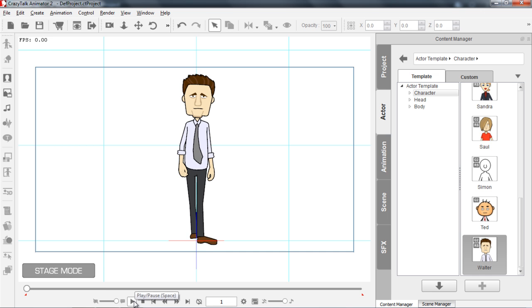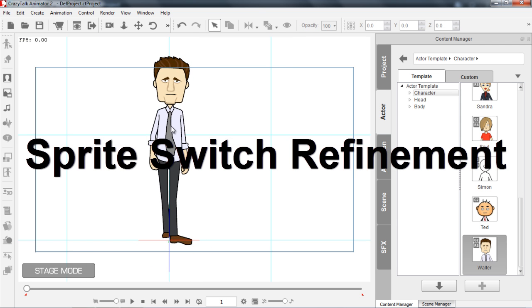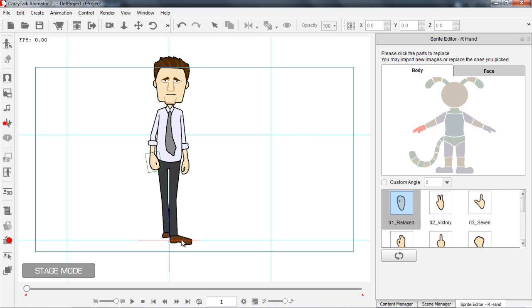But you may see there's a couple of issues with the feet. There's some unnecessary sprite switching, which we don't really need. If we wanted to fix that, there's a really simple way to fix it. Let's go ahead and select Walter. Let's go ahead and go into our sprite editor. We can also use the S hotkey. And if I want, I can select his foot right now, and currently this 3D motion, the iMotion, is dictating